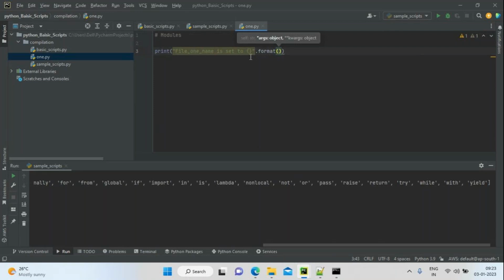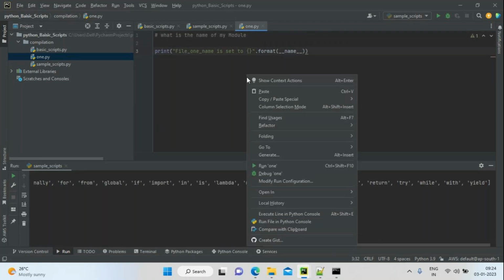For that, I'm going to use __name__. What is the name of my module if I run this program?